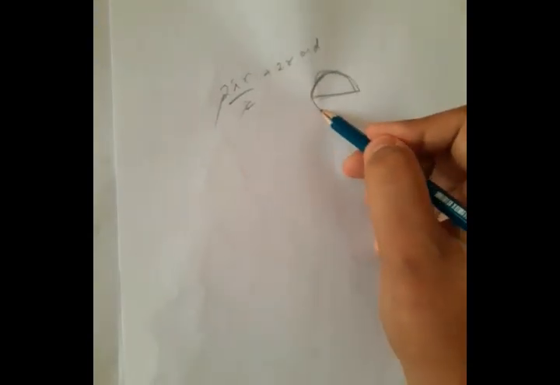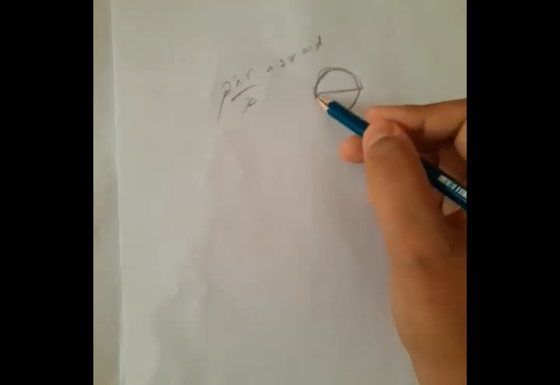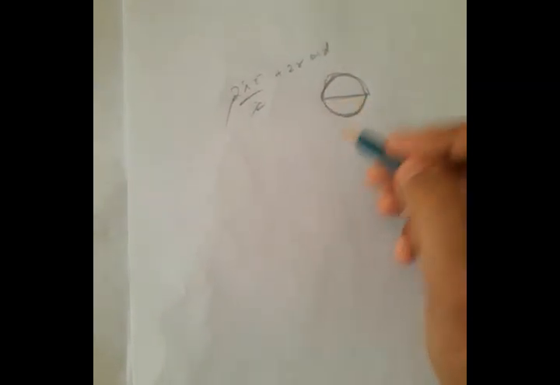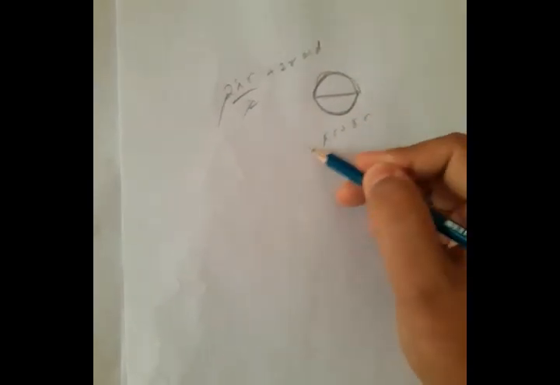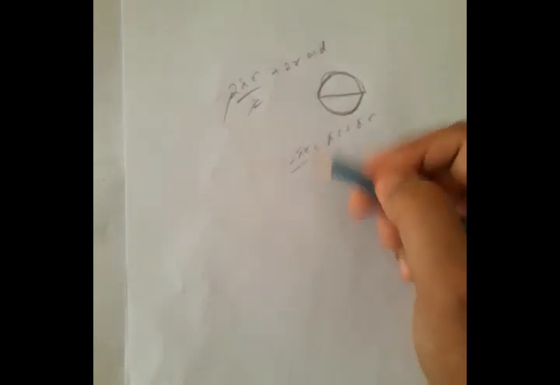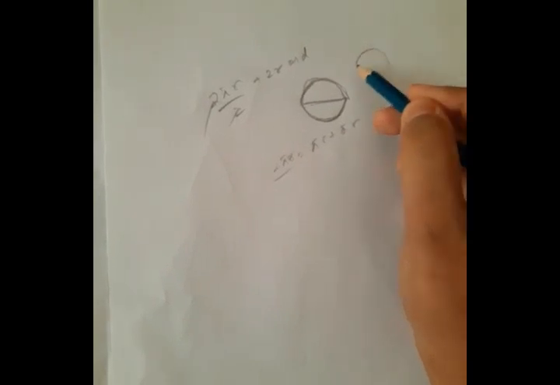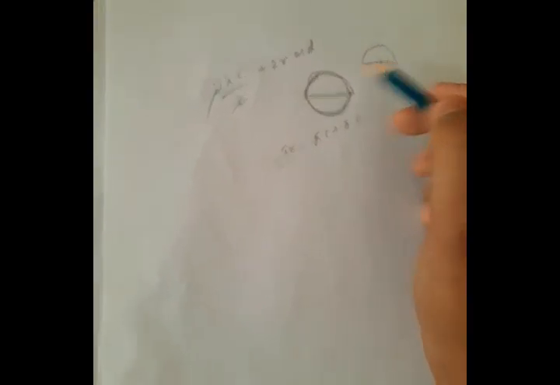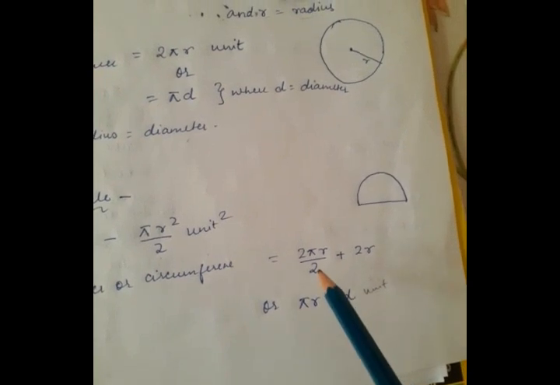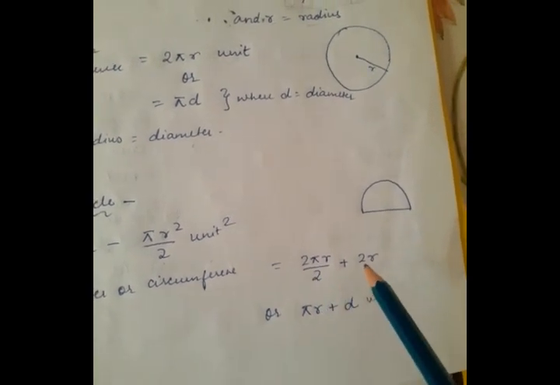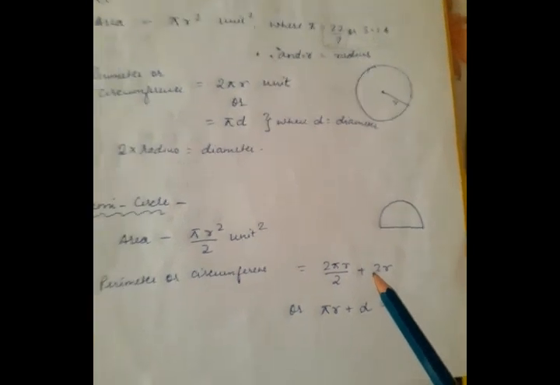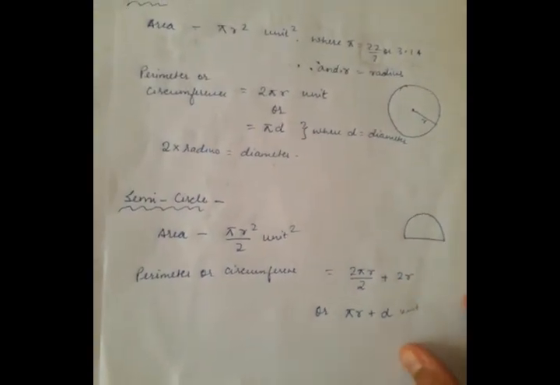When we find the perimeter of a circle, we find this part also, that is pi r. So pi r plus pi r, which gives the perimeter of the circle, is 2 pi r. But in the case of a semicircle, this part is pi r and this part is 2r, and that is why the perimeter is pi r plus d, or 2 pi r by 2 plus 2r. Always remember this, never get confused with this. Okay,